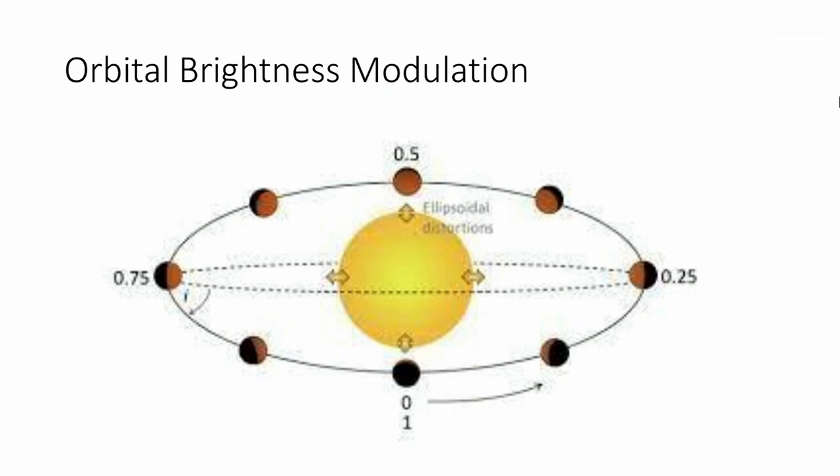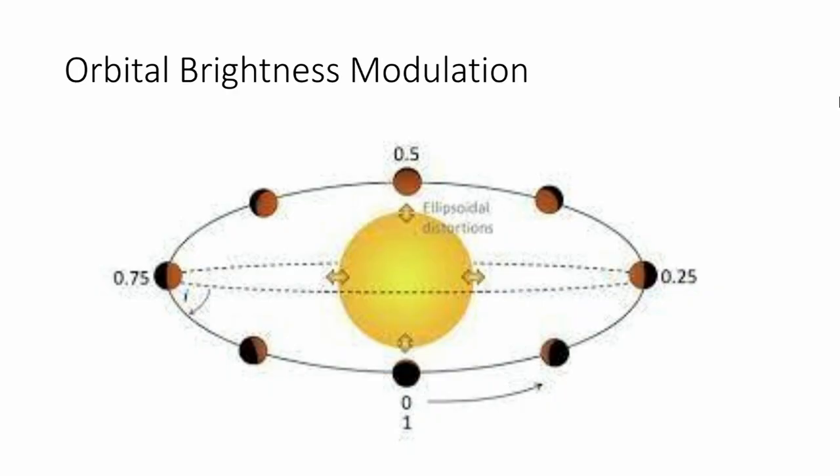Sometimes the geometry of the system is not set up in such a way that the planet is going to pass in front of the star, so it will never block any of the star's light. However, because the planet can reflect some of the starlight towards the Earth, there is a technique you can use called orbital brightness modulation, where over the course of this planet's orbit, it will be reflecting different percentages of light back towards the Earth. And so it will appear that the star is at times getting brighter and then getting